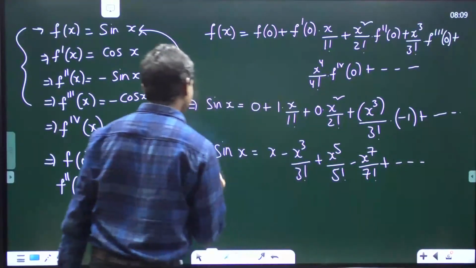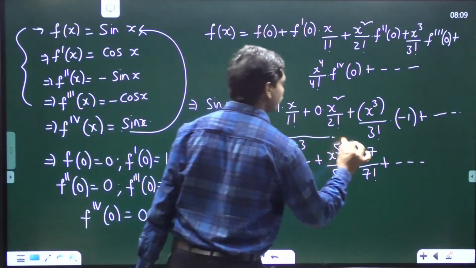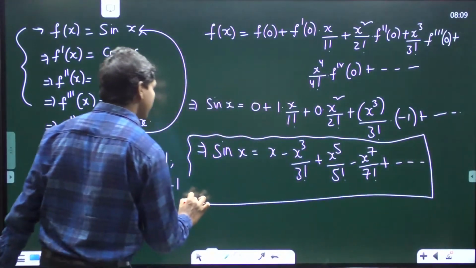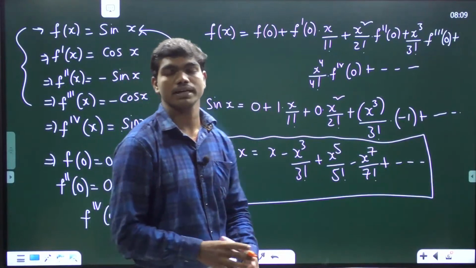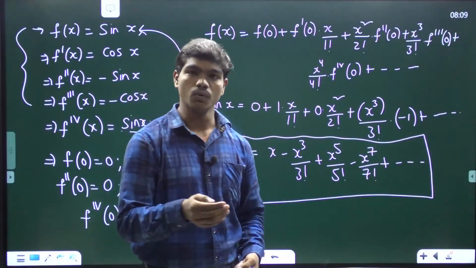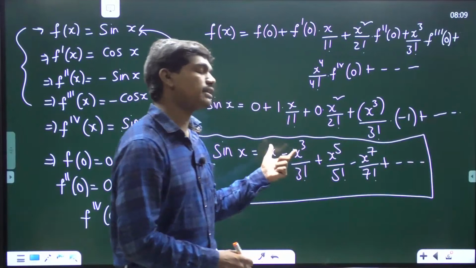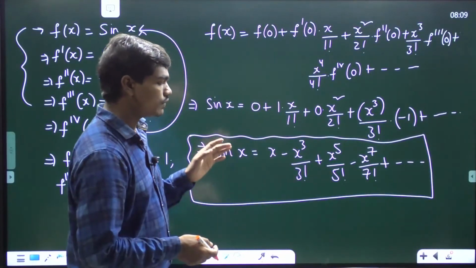So this is how we get the sin x expansion in terms of x, and this is what I mentioned earlier when I was about to show you limit x tends to 0, sin x by x is 1. Correct? So this is the expansion of sin x. So with the help of this knowledge,